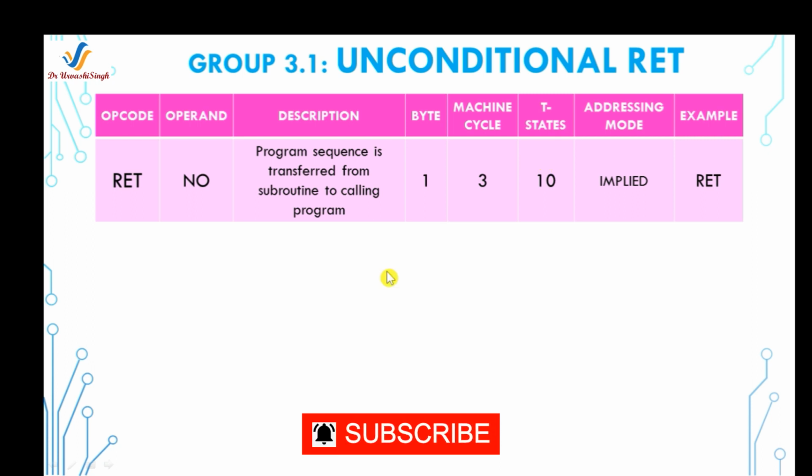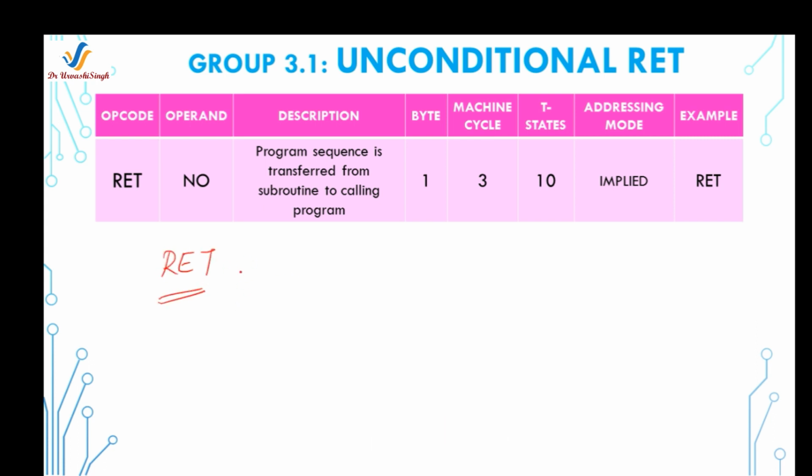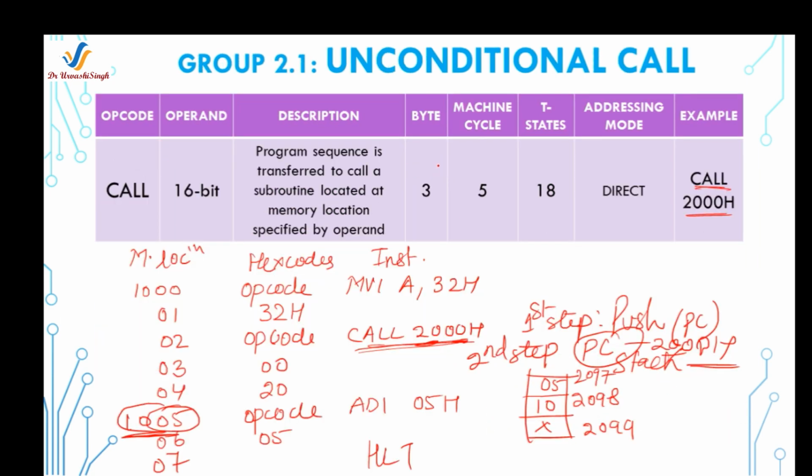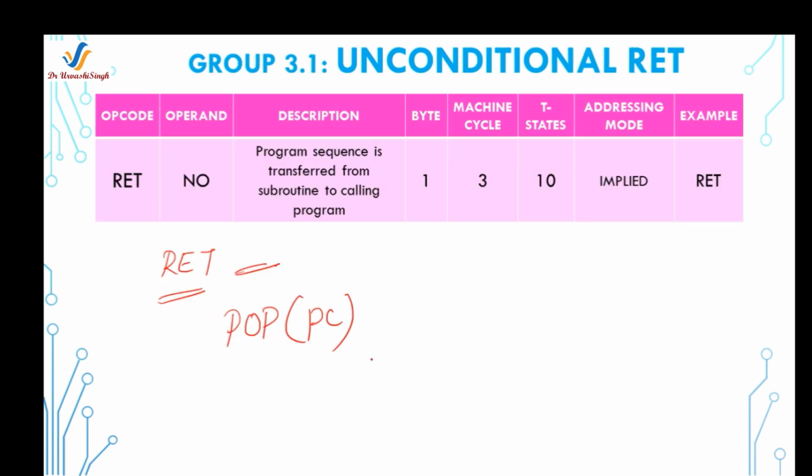Now let's see what the process of returning from the subroutine to the calling program is. This return instruction requires no operand. It is similar to the process of popping the program counter, as you have seen in the unconditional call instruction, where you used the stack pointer to hold the address of the next instruction, that is 1005. So when you want to return from the subroutine, you need to retrieve that address from the stack